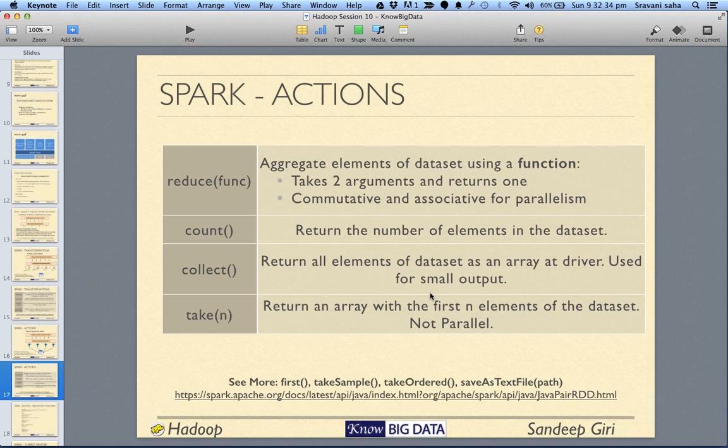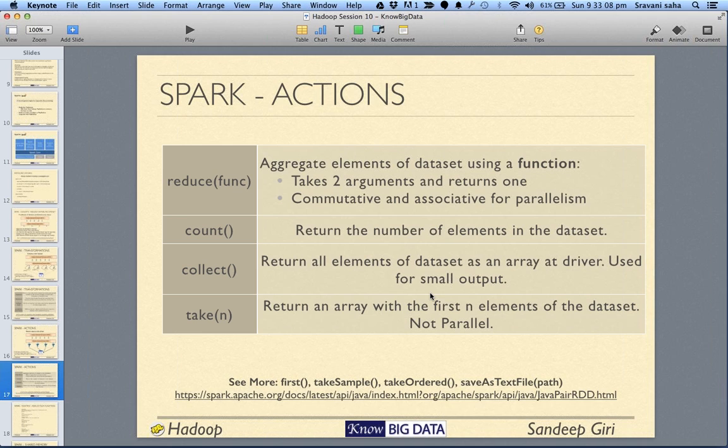Great. Now, similar to the reduce function, there is another action called count. What does count do? Count first counts the elements on each node, and then sums up all of them and brings the result down to the local machine. It gives you the number of elements in your RDD. It counts all the elements in the RDD and gives you back the result.